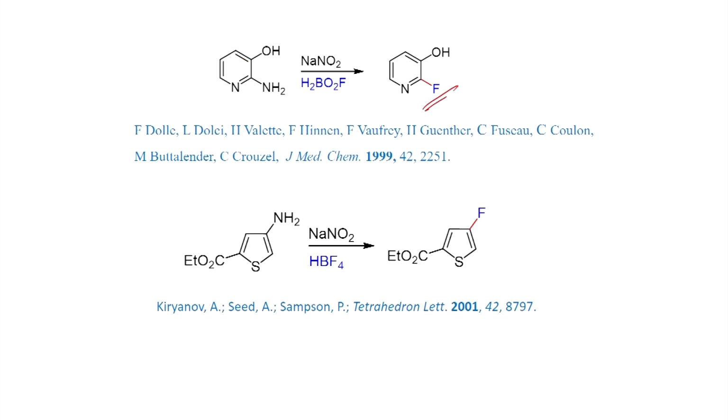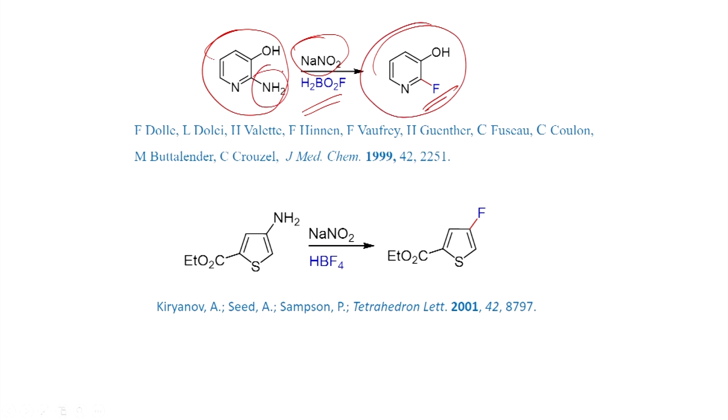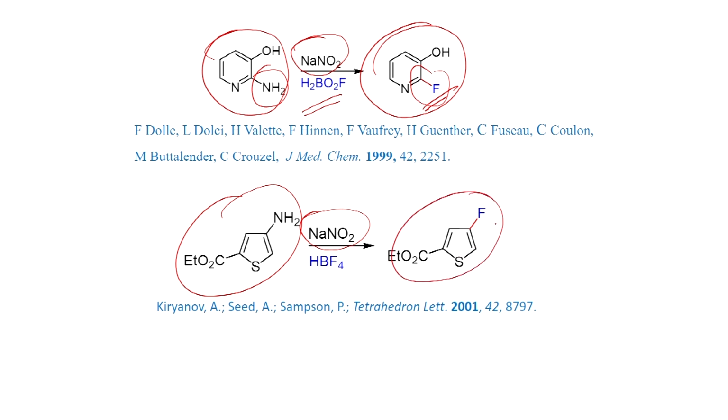In this case, you can see here a 2-aminobutadiene derivative, which when you react with sodium nitrite and this reagent, in a similar way you will be able to introduce a fluorine atom in place of NH2. First, as we have seen, you form the diazonium salt, then it can be converted into the corresponding fluoro derivative. And here also, when you react with sodium nitrite and tetrafluoroborate, it can also undergo reaction as we have just seen, and you can do the fluorination.